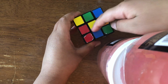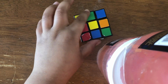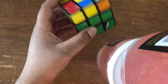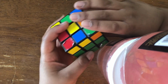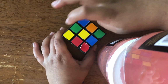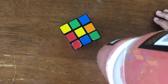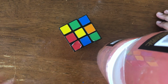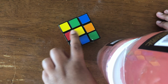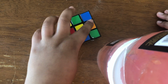Now you're gonna need to do the yellow cross. It's basically a white cross, but just on the yellow side, without messing up any of the rest of the cube. So what you're gonna do is flip. To do the cross, if you have one dot, just do this algorithm from anywhere. But if you have an L shape right here, put that in the top of corner like this. And if you have just a straight line, put it horizontal, like